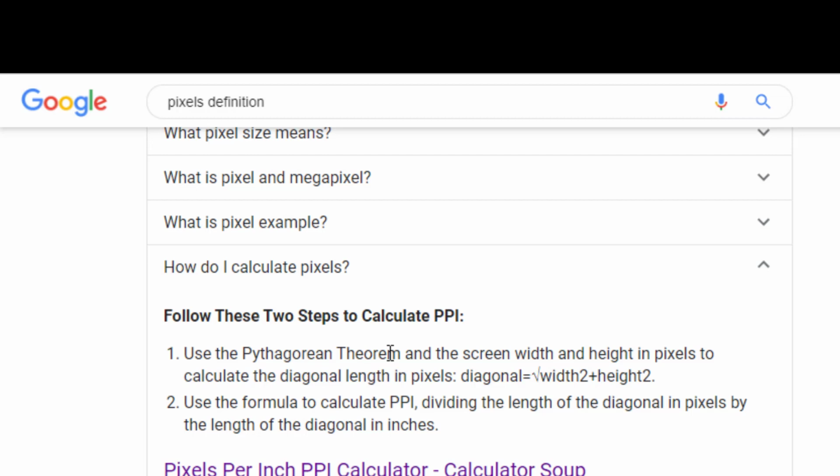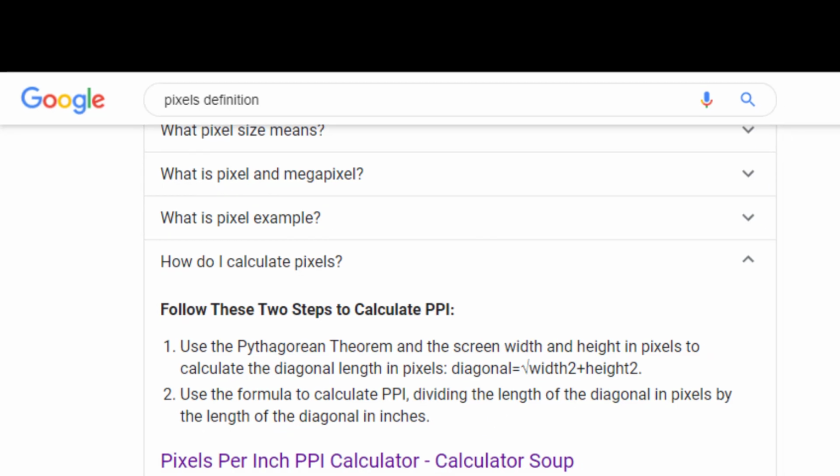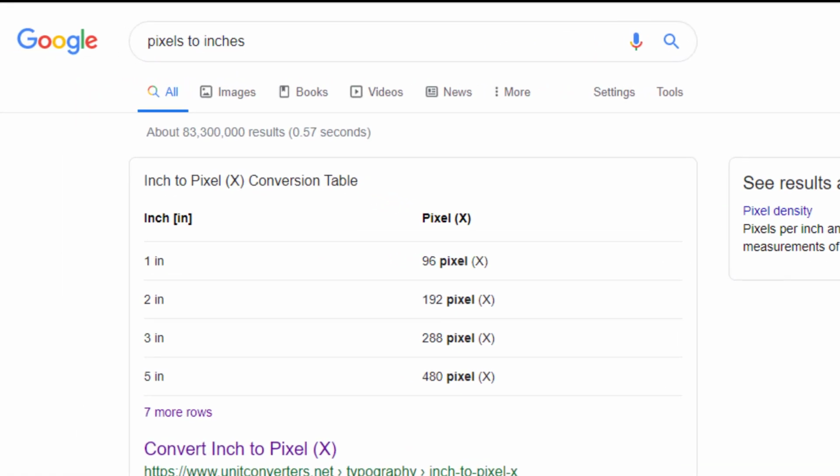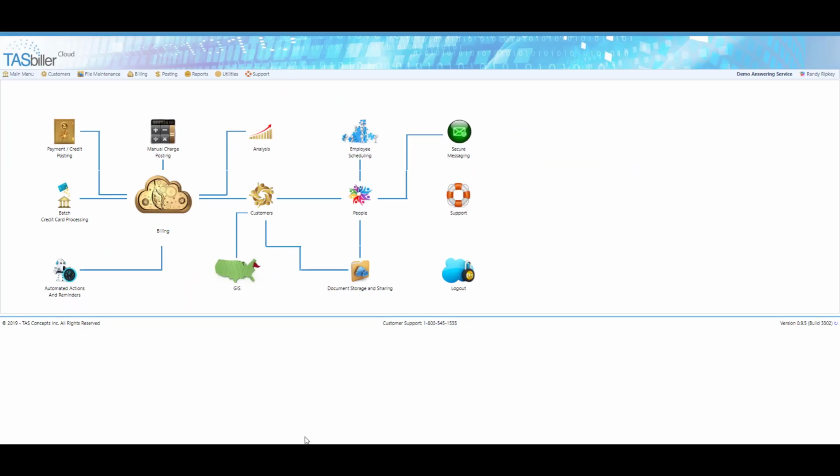Now there are some easier ways to get at least close to what we need to use for our design purposes. There are also calculators and examples on the web you can look up, but the primary one we're going to look at here is to recognize that 1 inch equates to approximately 96 pixels. This is both vertical and horizontal. So going back to our example,